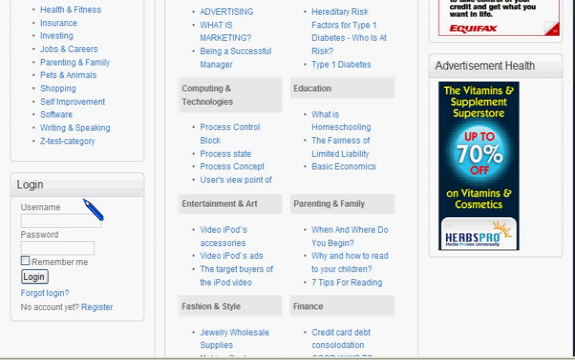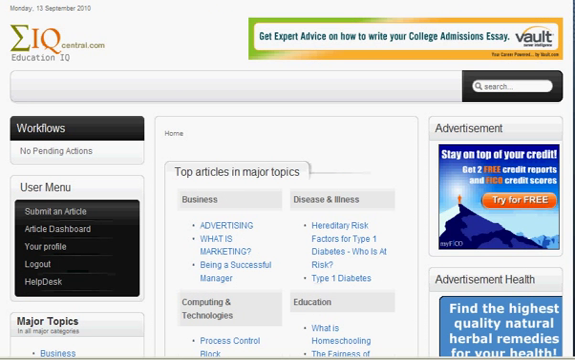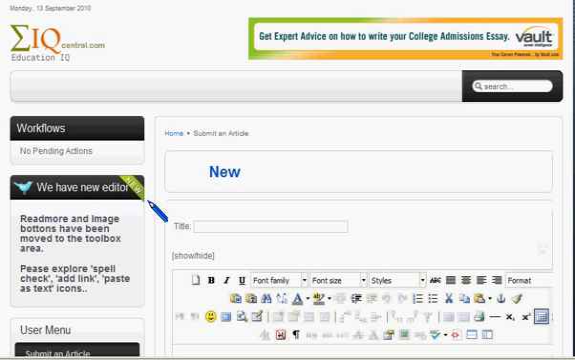You would have to first be approved as a writer with eiqcentral.com, and you would be able to log in using your username on this window as well as your password, and then you can log in. Upon logging in, you'd be prompted to this window where it will show you exactly where your user menu would be. When you click on Submit an Article, you'd be prompted to another window where